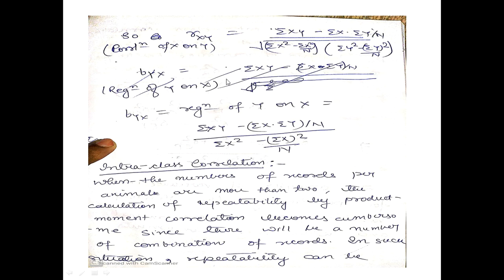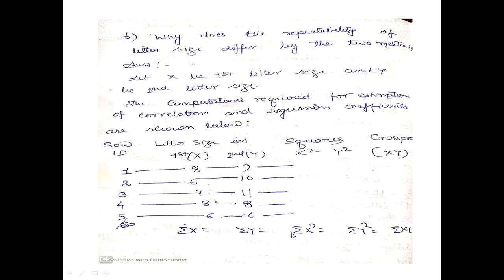I'll be dealing with the answer to it in my next lecture, if you are not able to solve it based on the feedback of my students. I repeat it again. This is the data for litter size of first farrowing. This is the data for litter size of second farrowing.